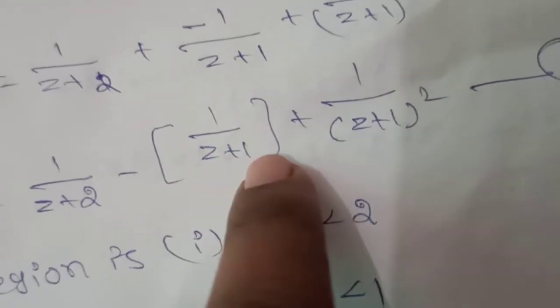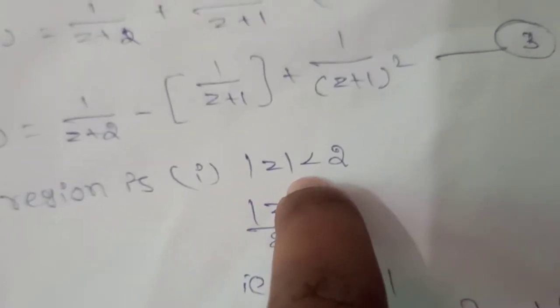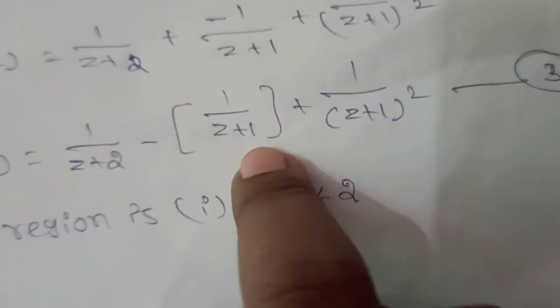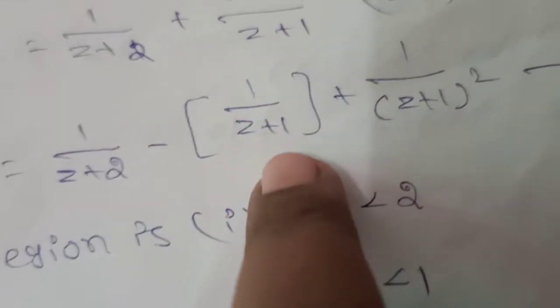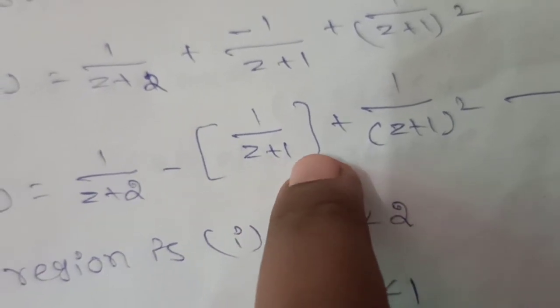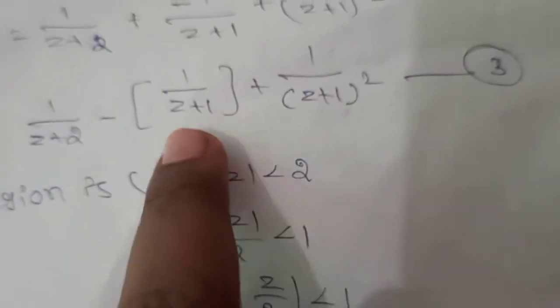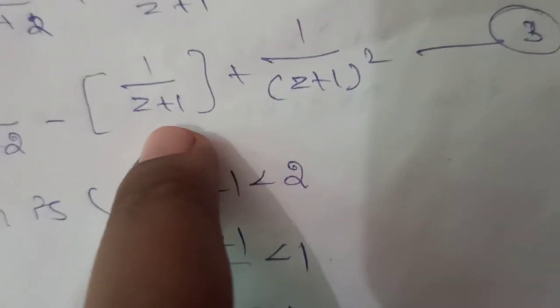In this denominator also you can replace variable by constant, because in our region condition we have only one region. So you can consider this region only, and in our case only variable by constant. So in the second term, 1 is a constant, take it outside. That is 1 minus 1 divided by 1 into 1 divided by z by 1 plus 1. Write the z by 1 plus 1.